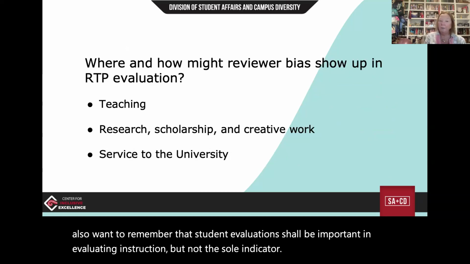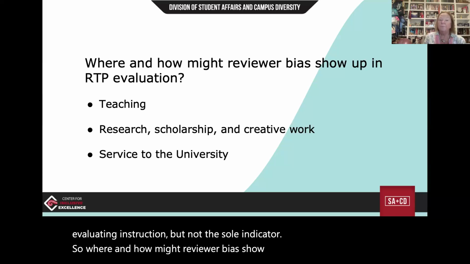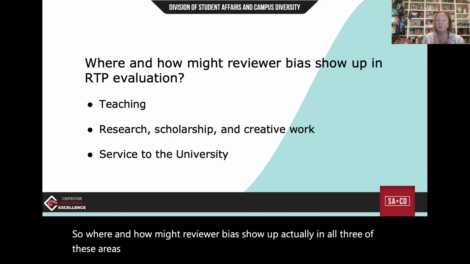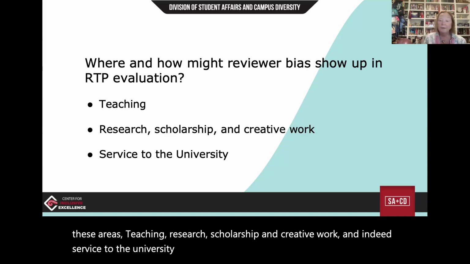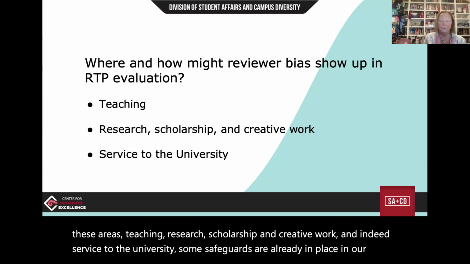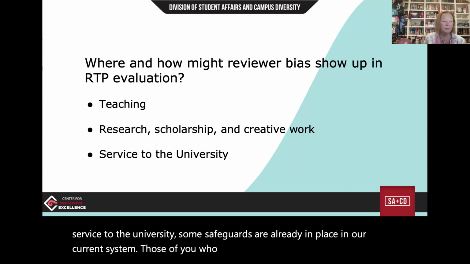So, where and how might reviewer bias show up? Well, actually, in all 3 of these areas: teaching, research, scholarship, and creative work, and indeed service to the university. Some safeguards are already in place in our current system. Those of you who are on RTP committees are familiar with the slide deck that is to be reviewed each